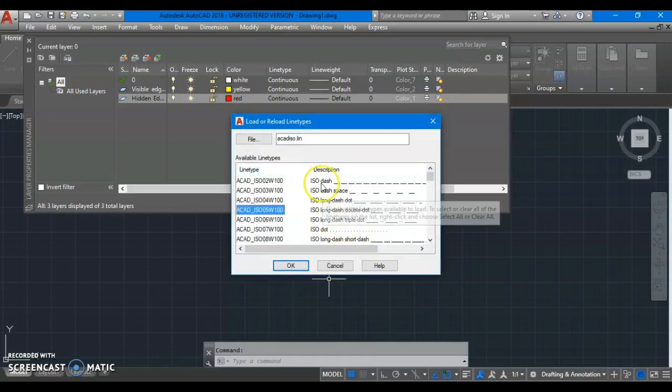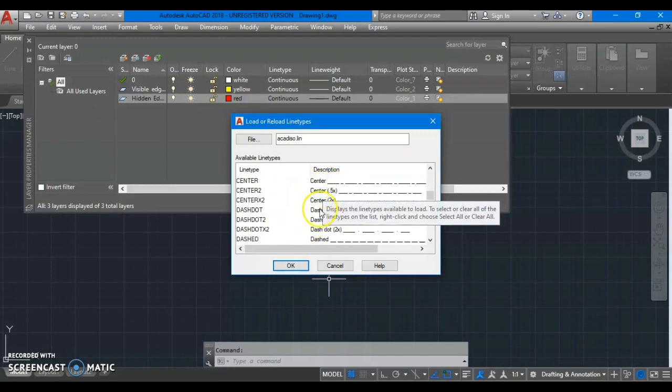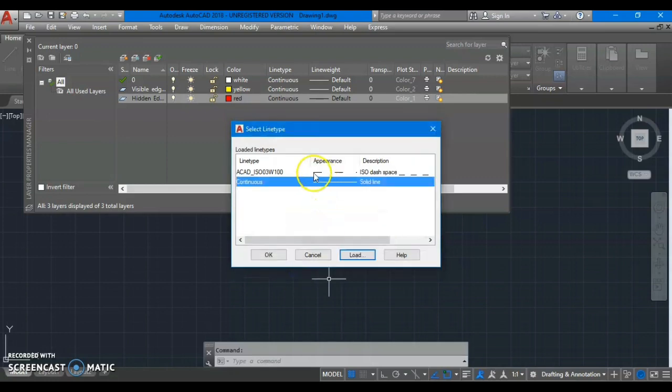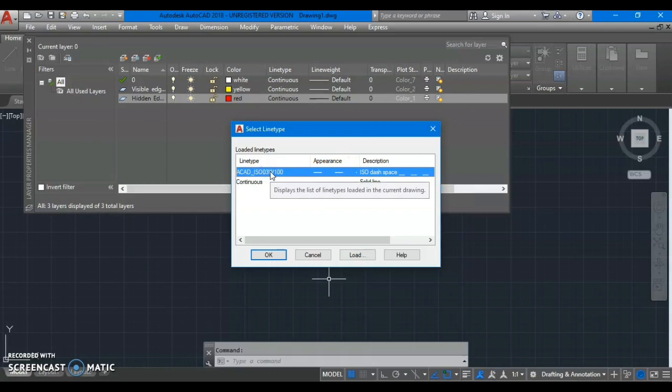You can select either of them, dash, space. Over here also you have a dash line. Fine. So either of them you can select, whichever is applicable to your drawing. Let me select dash space. This is basically our hidden line type. Okay. Now it is appearing over here. Select that. So that will be applicable to this layer, hidden edges.